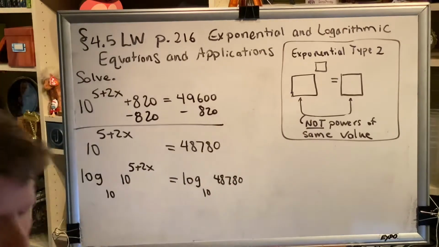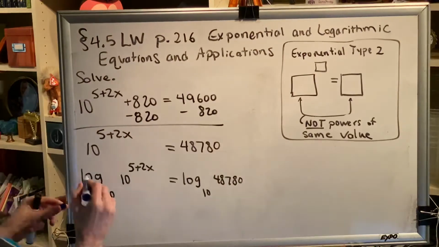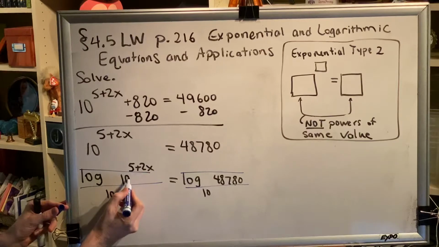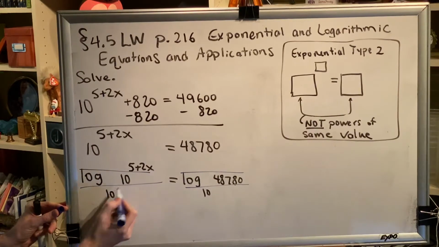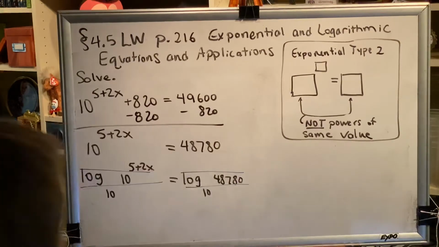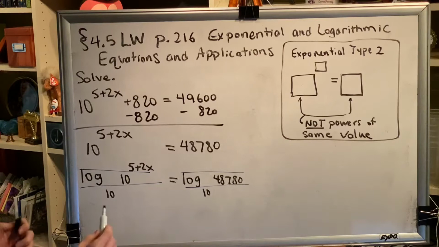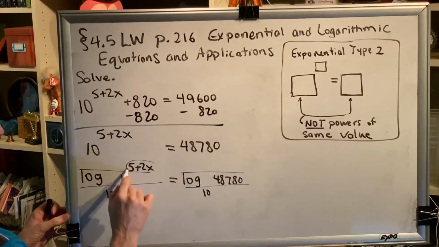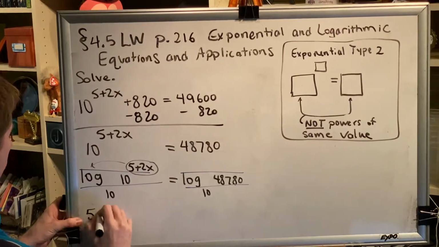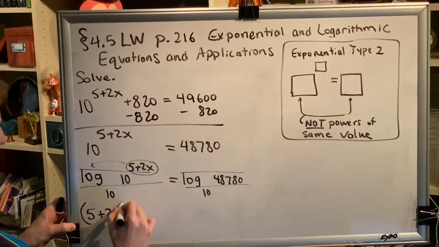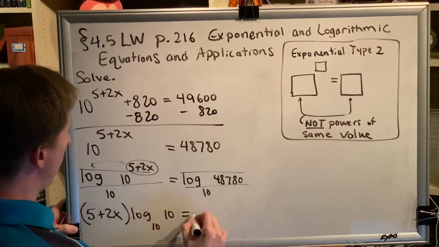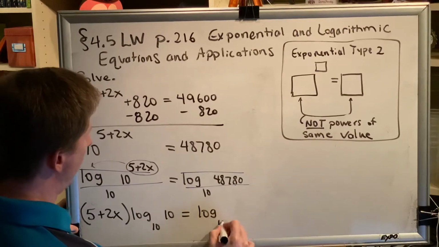48,780. Now this is one of those times when I want to make sure that if you are writing on lined paper, you're putting all of these things in the proper place. The log and this 10 go in between the lines, this 10 is below the line, and this 5 plus 2x is above the line. Okay, great. Next thing we're going to do is use the power property of logarithms, and we're going to move this exponent of an argument to the front of the log. So we get 5 plus 2x in parentheses times log base 10 of 10 equals log base 10 of